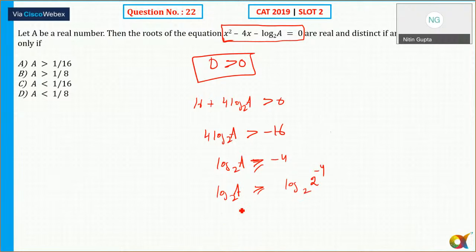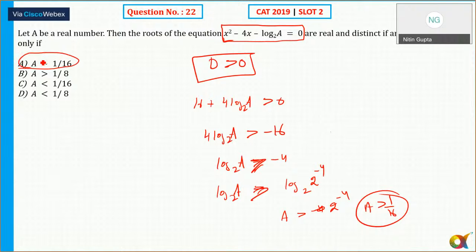And we know that whenever the base is greater than 1, the sign will remain the same, which means a is greater than 2 raised to power minus 4. A is greater than 1 by 16. So option A. Those who are attending the sessions, from the last 6 papers, 2014, 2017 slot 2, 2018, 2019,